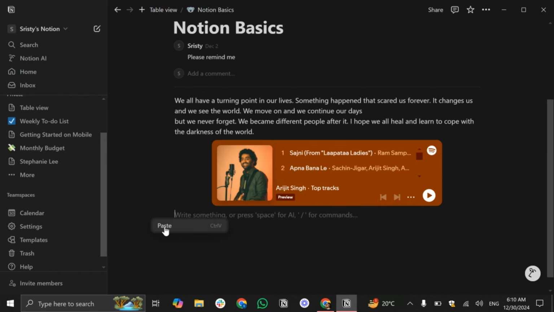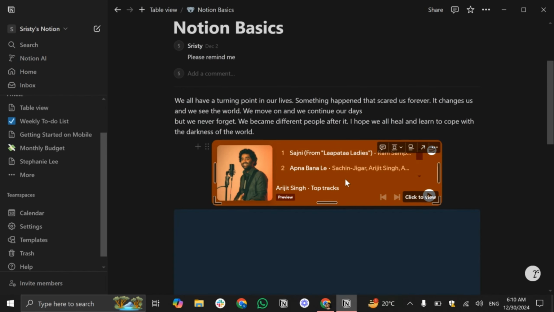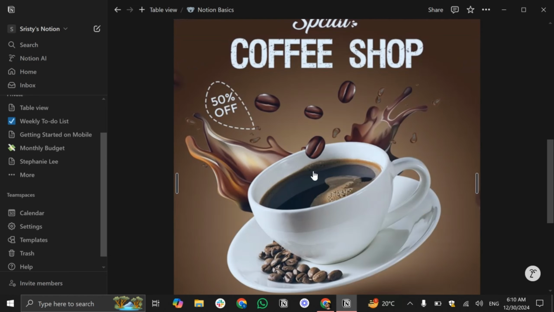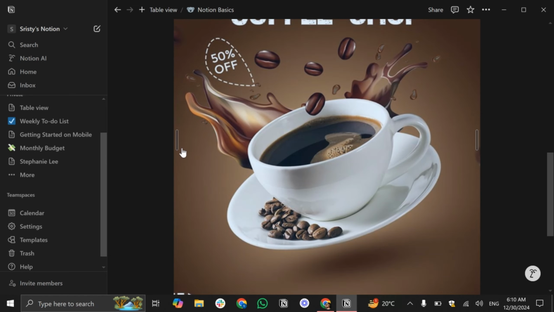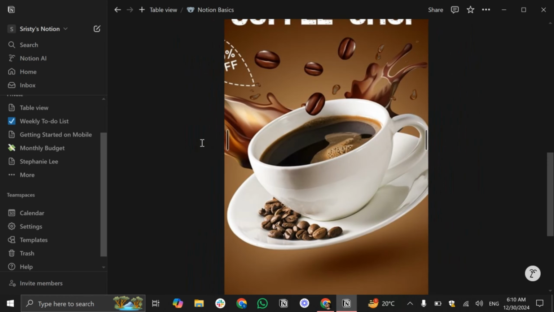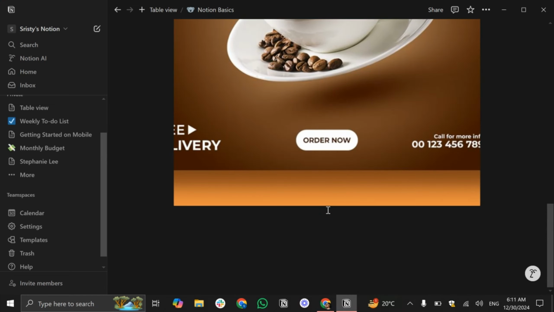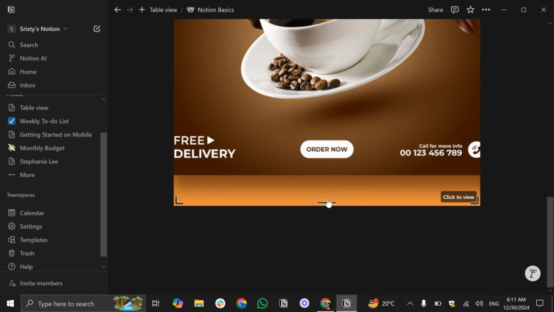and simply paste the link and embed it, and that's it, we're done. As you can see, this is our template, and on the left side and right side you will see a black bar. You can resize your template by using this option. As you can see,